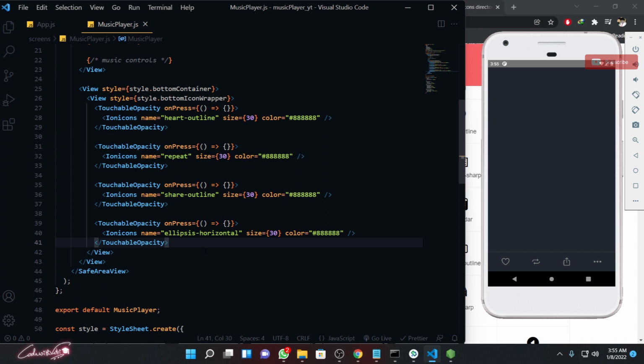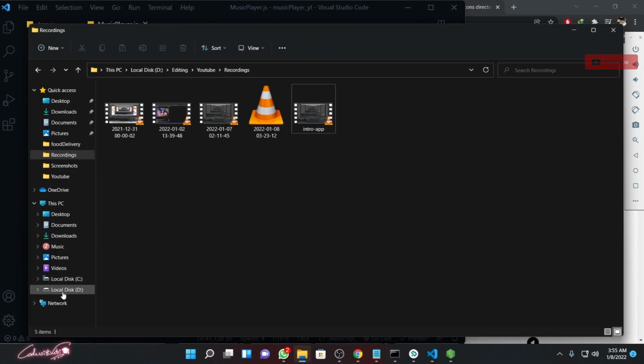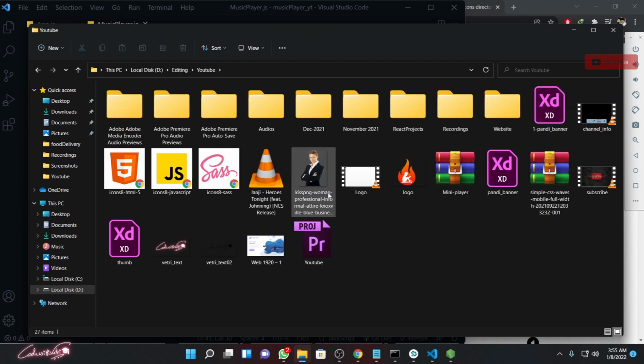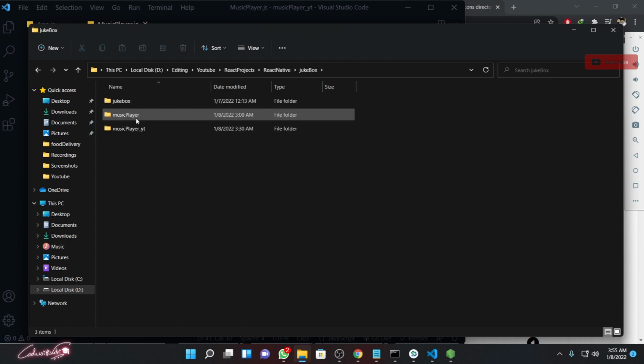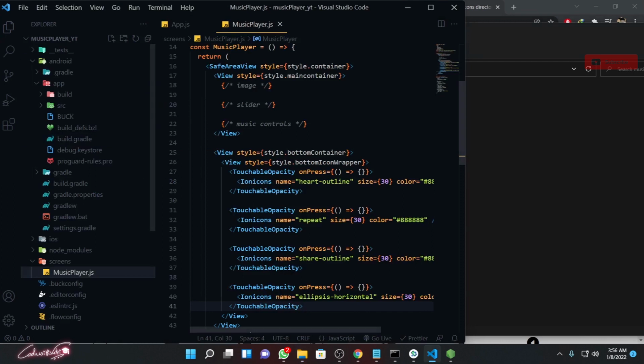So now we have successfully completed our bottom section. Now we are moving to our top section. Before moving into our top section, I'll show you I already have a few assets over here, which we are going to use for our React Native project. So let me bring these assets to my